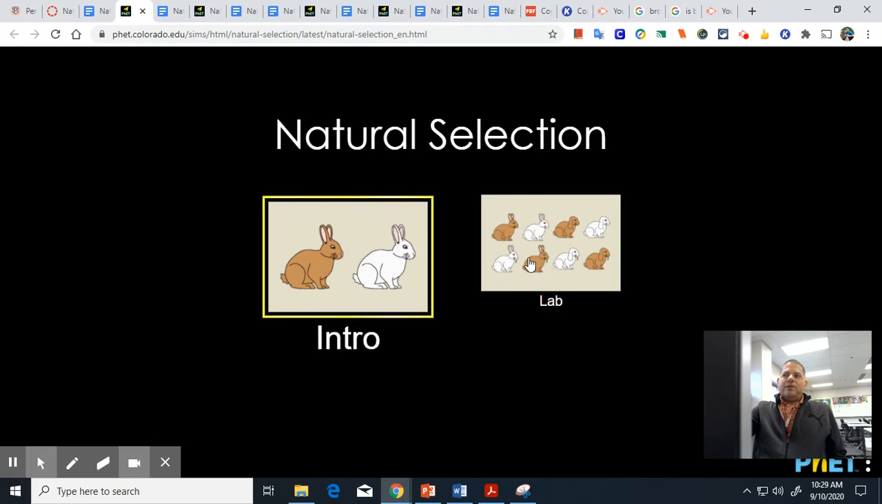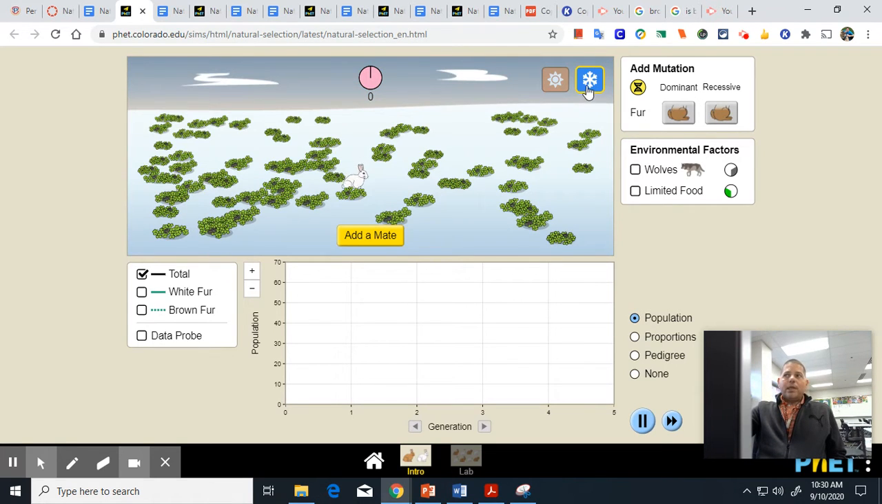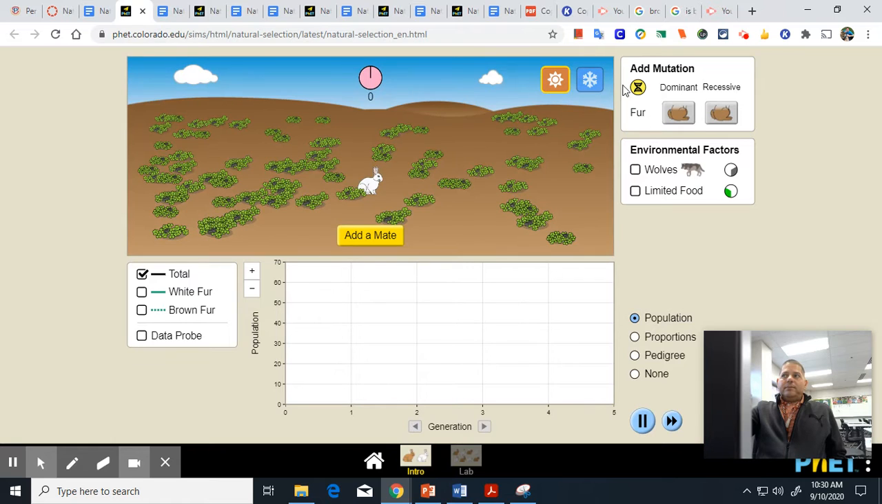And I can see there's the intro, and then of course there's the lab, and there are really only a few differences. I'll click on both and show you what the differences are. But for now, I'm going to start with the intro. You can see a couple of things you can change. You can make it snow. You can keep it sunny. You can add